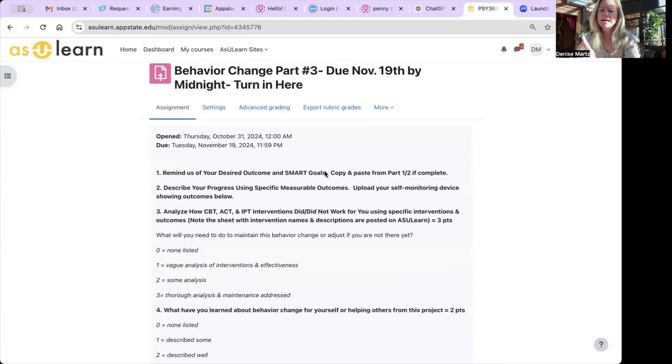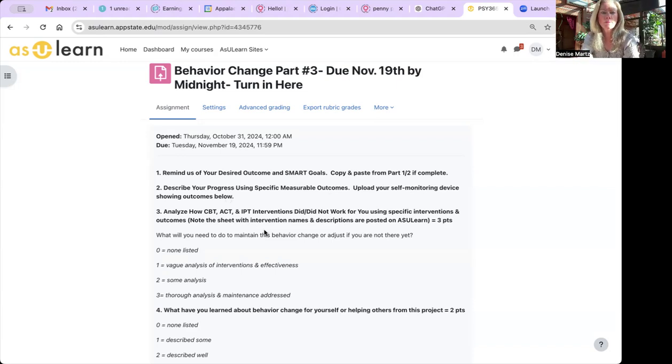Number 2, you kind of know the drill on this one too. It's the progress on your specific measurable outcomes. So whatever your self-monitoring strategy was across the days, you want to post that here in a way that we can see progress over time. If there was ever a point where you had any blips or you had any struggles, we would be able to see that. Please do give us a little text and narration so you've got the visual of your behavior across time, or also your desired outcome if you measured that across time. Give us the visual and then give us a narration.